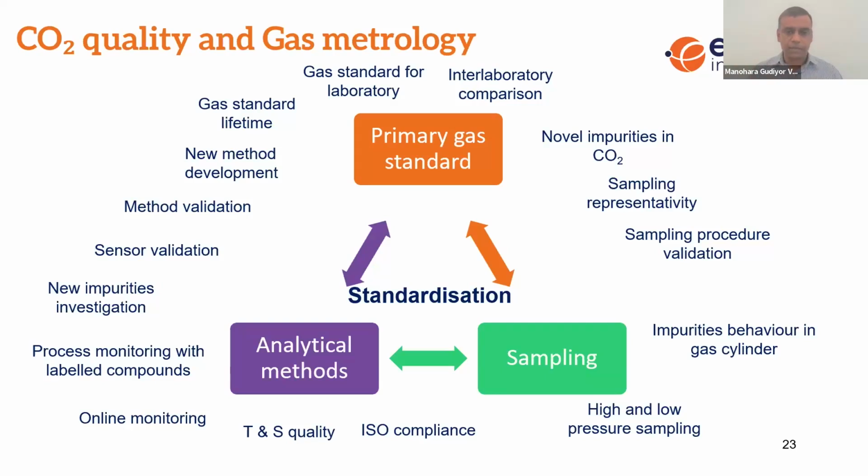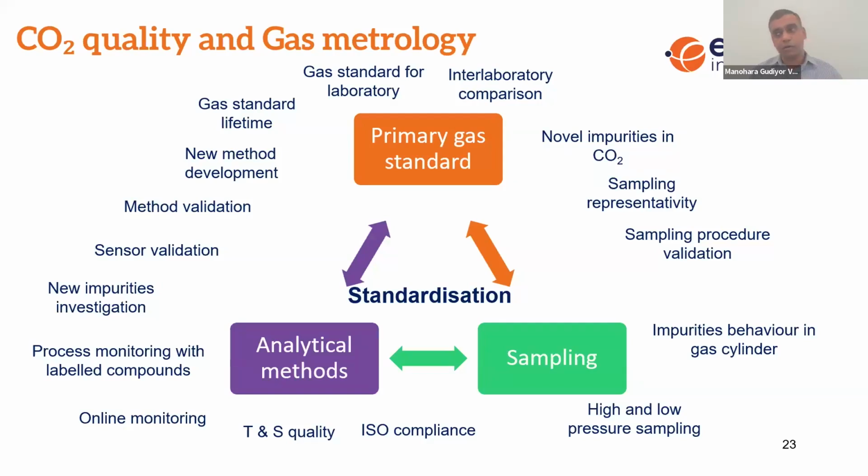This slide is full of a lot of terminology. If you look at the central part, there are three key aspects that are important to get accurate measurement of CO2. One is primary gas standards or primary gas mixtures. That links with analytical methods and then sampling, as Gordon explained. So they form a cycling loop. We will always be doing this cycle to get better and better at what we do to support measurements of CO2 purity. To begin with, on the left side of that cycle, you prepare gas standards, understand the gas standards' lifetime itself, and then develop methods.